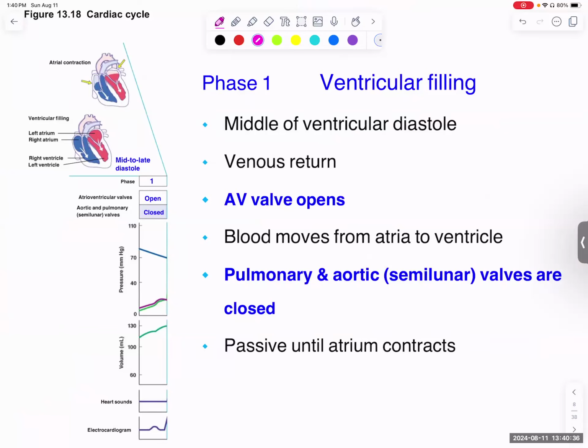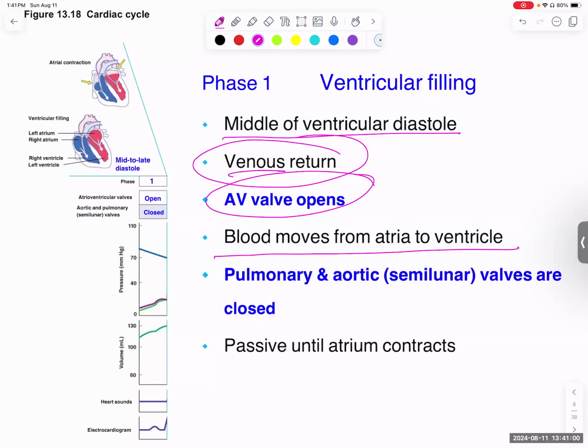Phase 1, ventricular filling. Middle to end of ventricular diastole, blood is returning from the systemic circuit. That is venous return. I should say pulmonary circuit too. So remember, veins are carrying blood back to the heart. So venous return is blood returning back to the heart. AV valves are open. Blood is passively moving from the atria to the ventricle. Pulmonary and aortic semilunar valves are closed. And everything's passive until the P wave